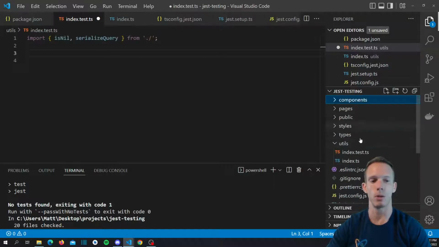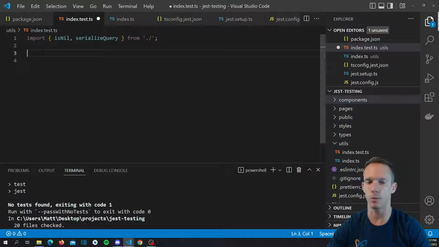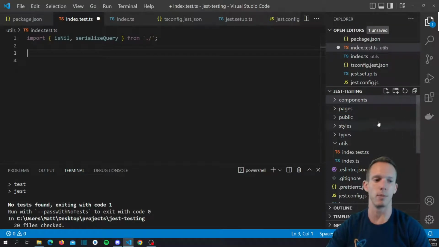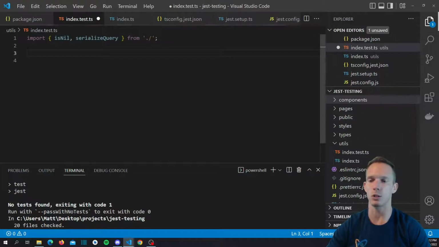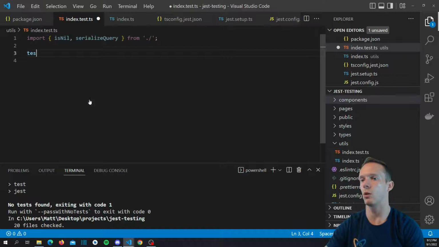Now, some people do it all in a single test folder. I like to do it in the same folder, but again, that's personal preference. You might see that different on different projects, or whoever sets up the project might do it differently. So be willing to accept that and be willing to work in any environment. But when you're creating your project, create it however you want. It doesn't matter. But for this case, what we're going to do is call the test